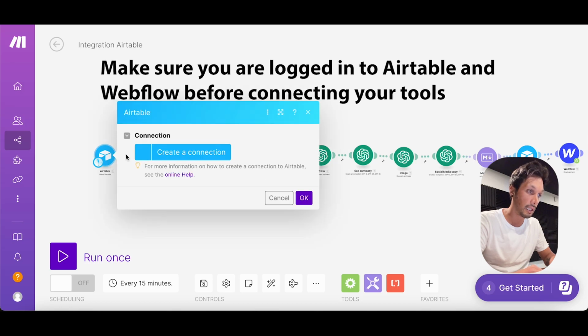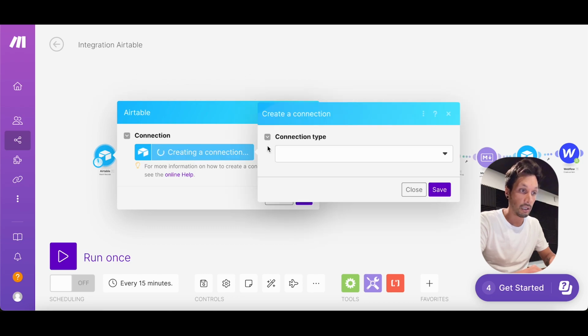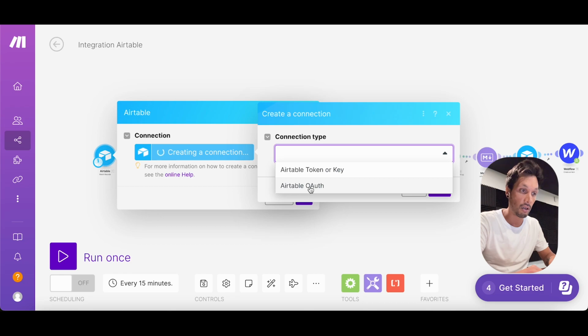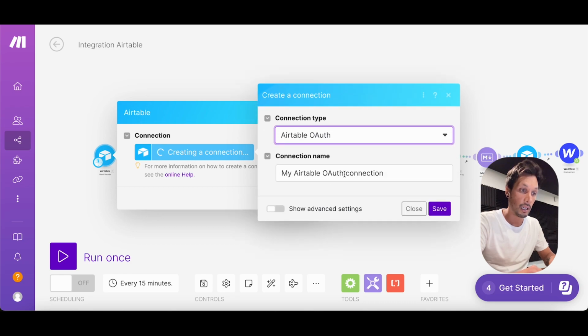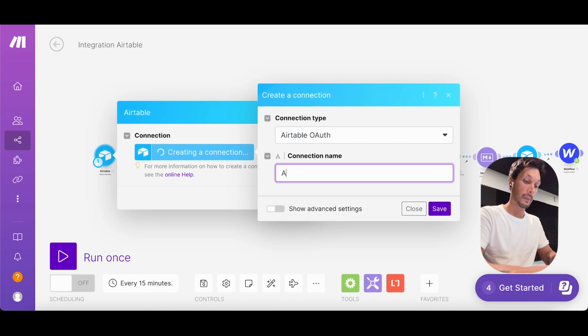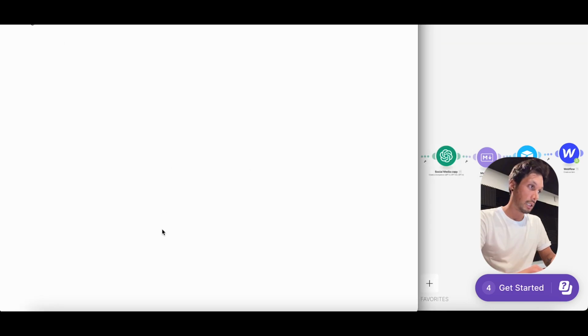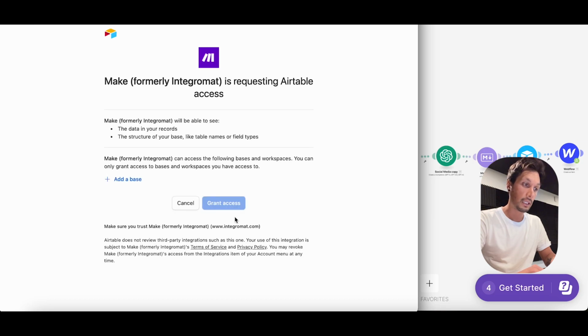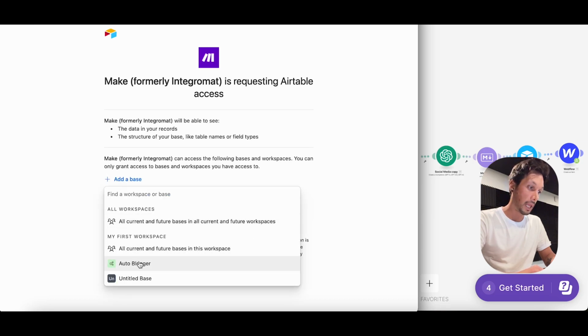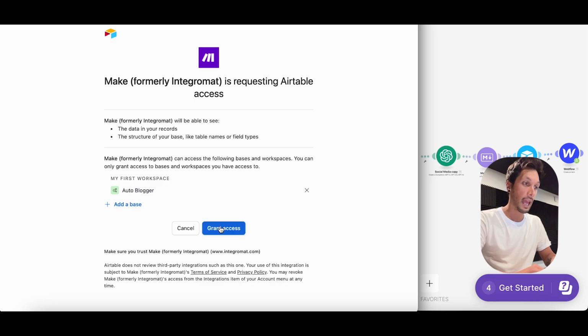So you're gonna click here. Click on create a connection. Then you're gonna click on connection type. You can do either. I'd rather do an OAuth. You can rename it Auto Blogger. And hopefully now we can add a base, grant access. And once that's done,